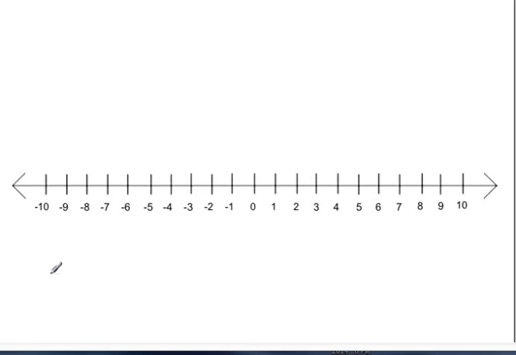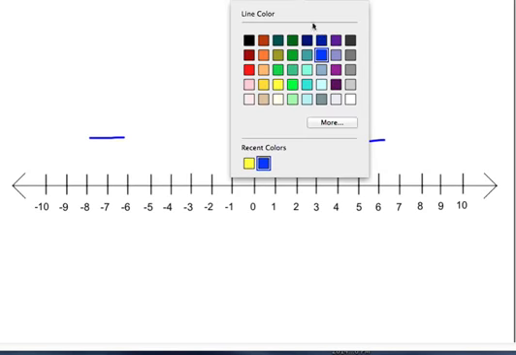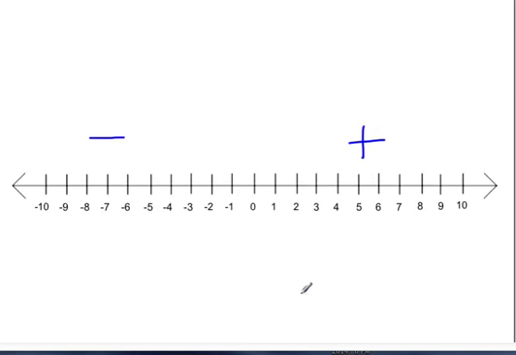Each side of the number line goes up to 10. To the right of the 0, these are all positive numbers. To the left of the 0, these are all negative numbers, and you see they have the negative symbol in front. If I wanted to identify a couple of different numbers,